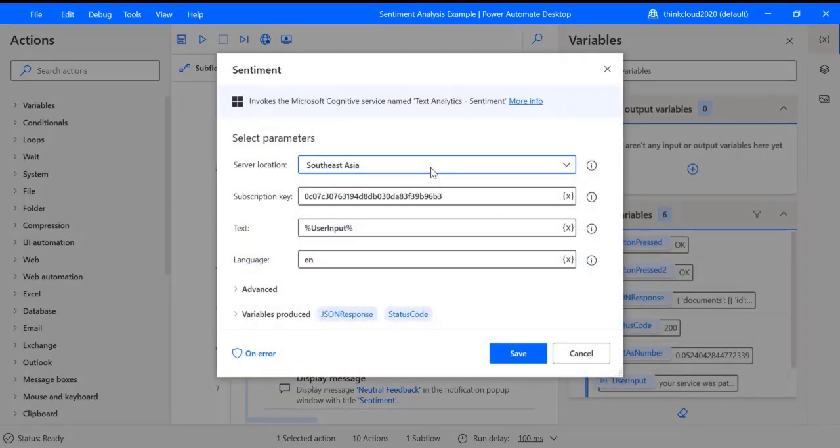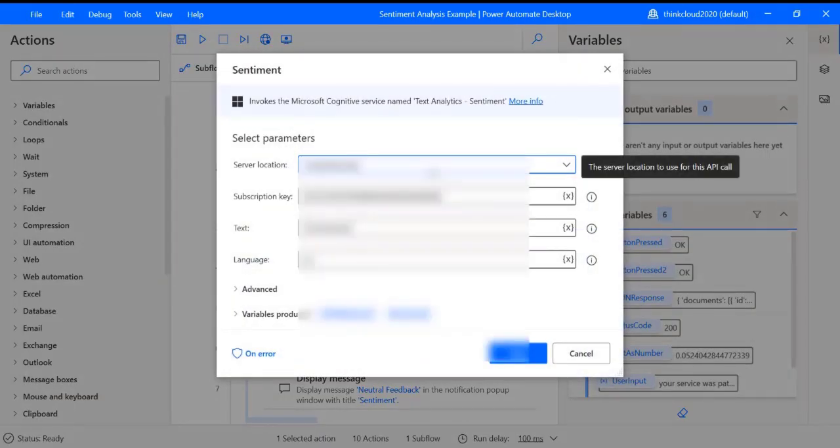If I click on this sentiment action block, you can see there are four parameters here. First is the server location, second is the subscription key, third is the text, and the fourth one is the language. The server location is basically the region, so I have selected Southeast Asia.